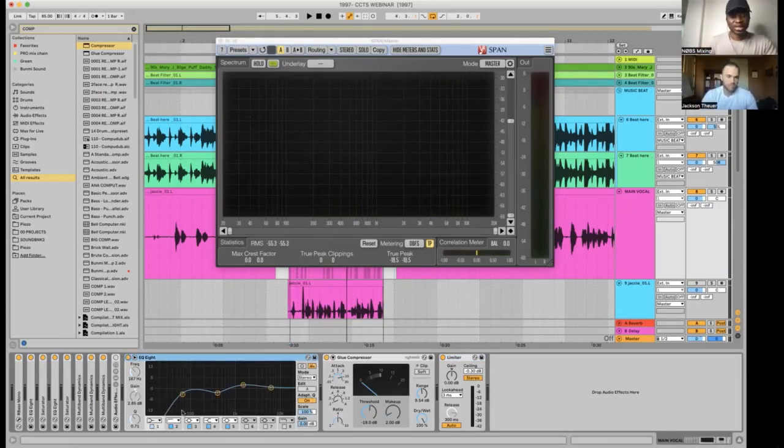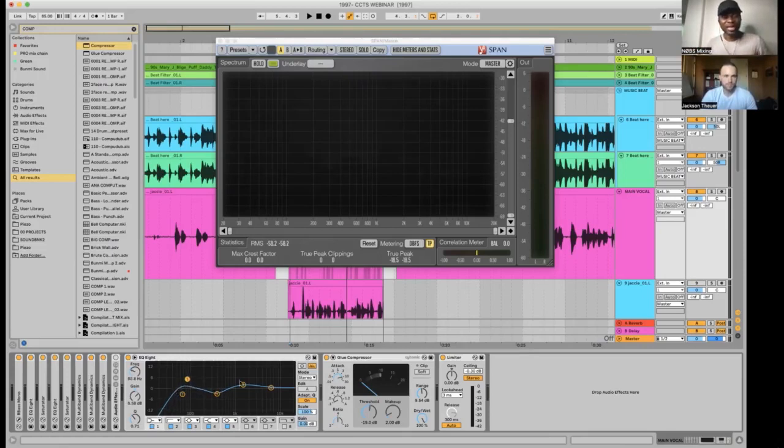When I was playing around with this vocal, I was trying to look for the type of tone that I want the vocal to have. Once I get it, I memorize the curve, then I go into my multiband compressor to recreate that, so I don't have to use EQ. I realized that I wanted more bass, that's why I was boosting it here.